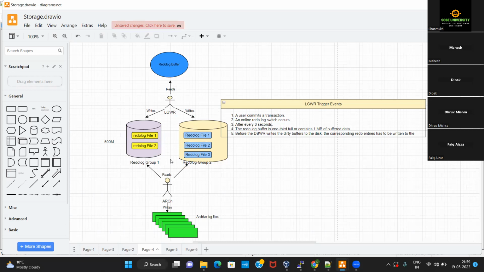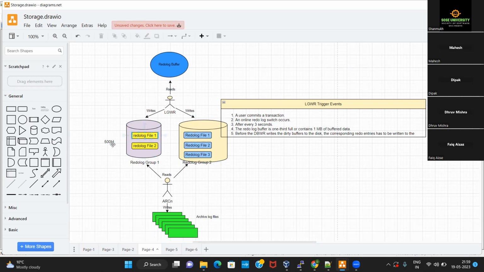Now let's say that the user fires another DML or DDL statement. In that case, the LGWR will switch from this redo log group and start writing on the redo log files of the next group.